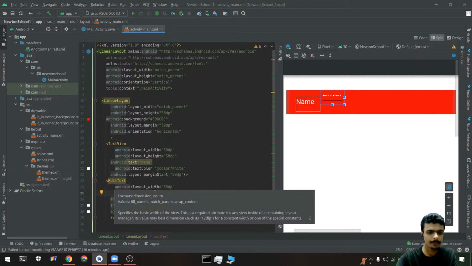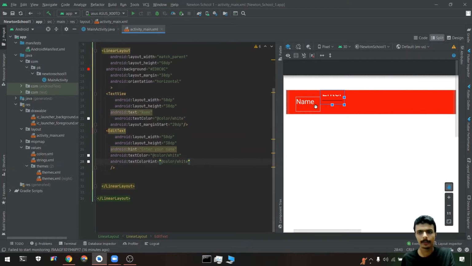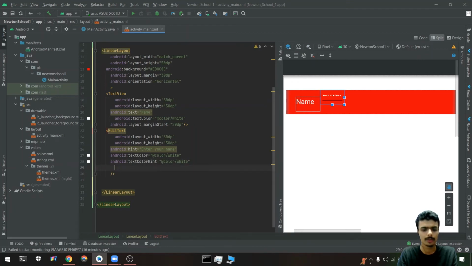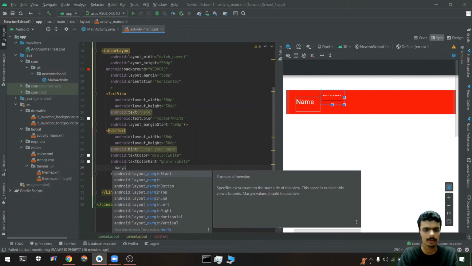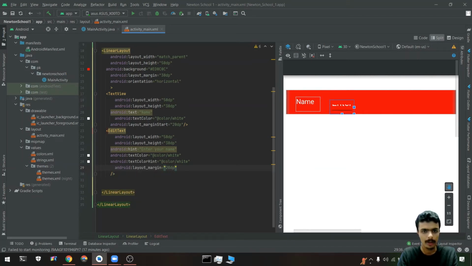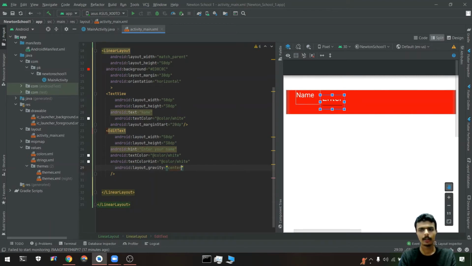So for the text I can write a layout gravity as center.